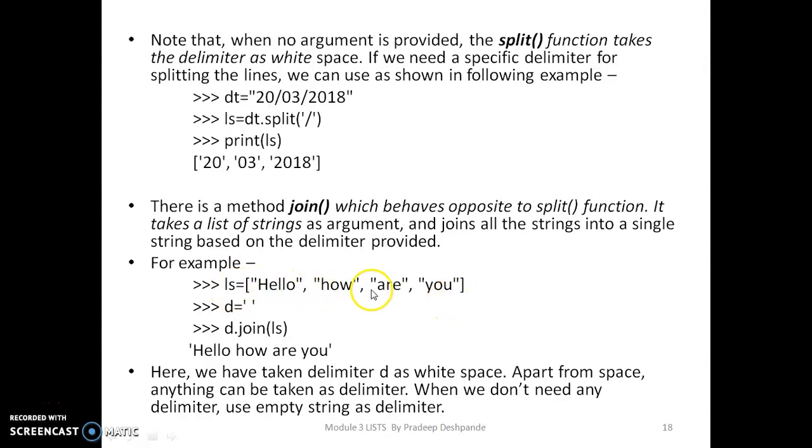These are all different words now in the ls list. We are taking d equals to a null character, that is nothing but white space. So when I use d.join of ls, it will be like "hello, how are you?". It will add all the elements of the list into a single